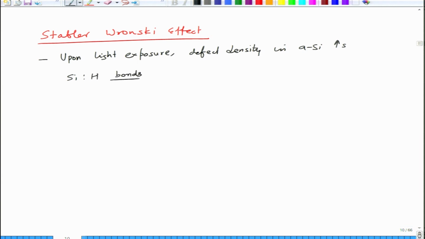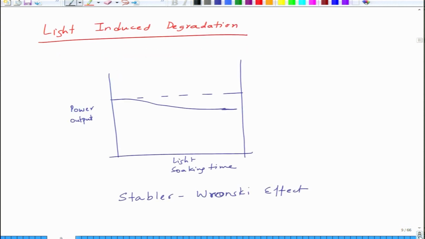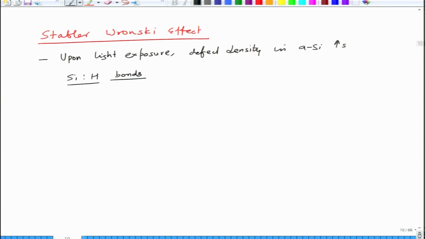Amorphous silicon is always hydrogenated for passivation, because amorphous means, so I will come to that in a little while, and this leads to reduction in efficiency of up to 30%